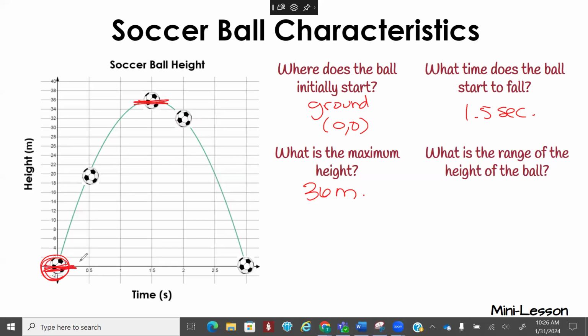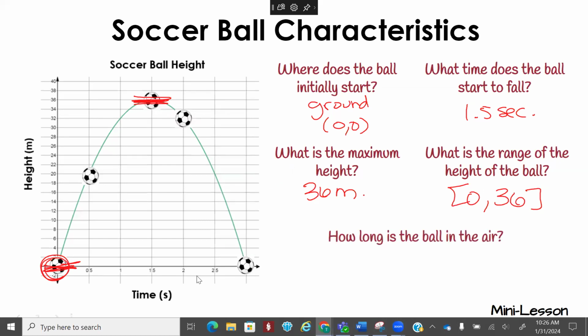How low does it go? How high does it go? So from 0 to 36. And how long is the ball in the air? 3 seconds. Okay, so what you just did is you put everything into real world terms rather than in mathy